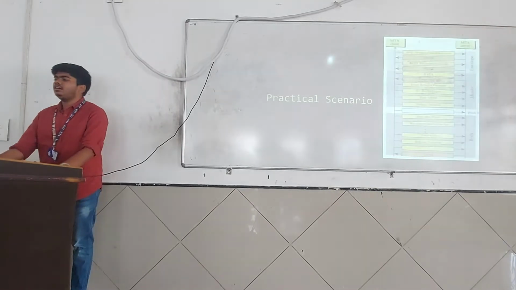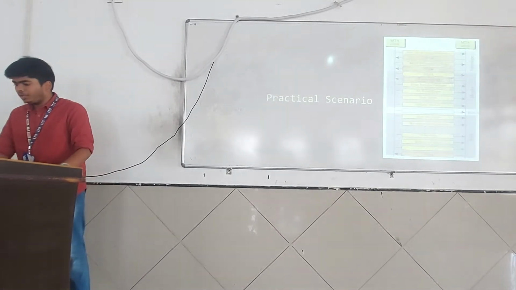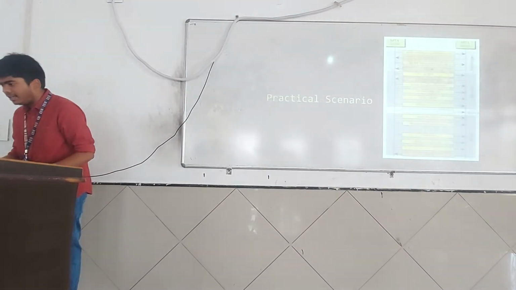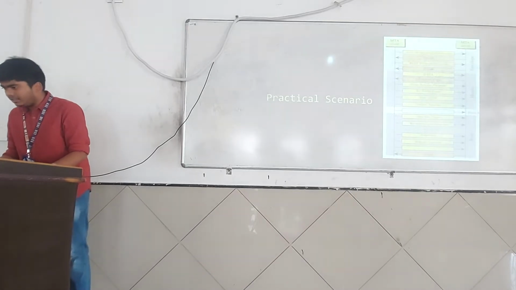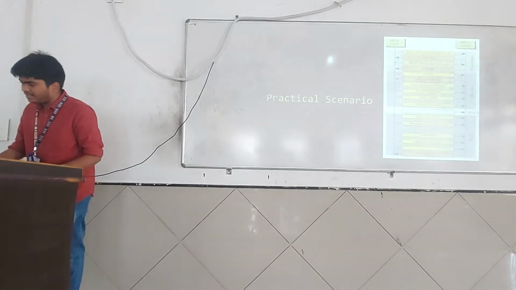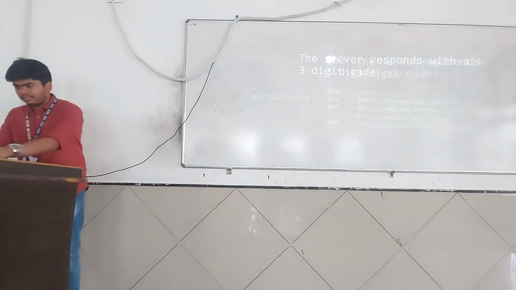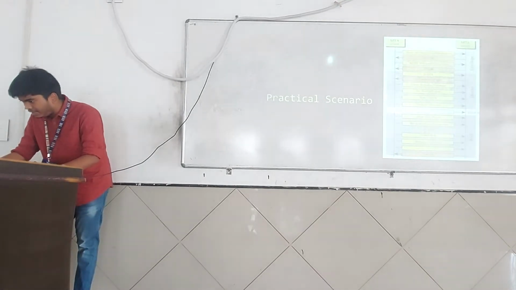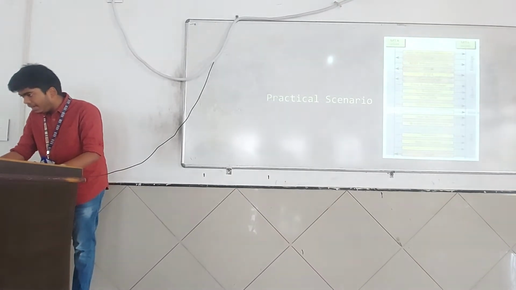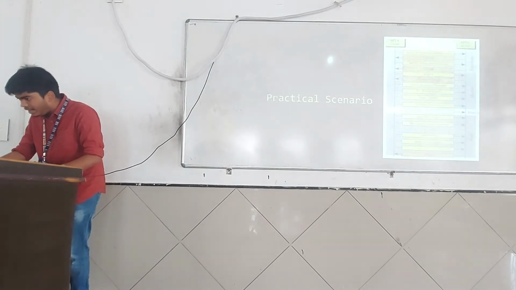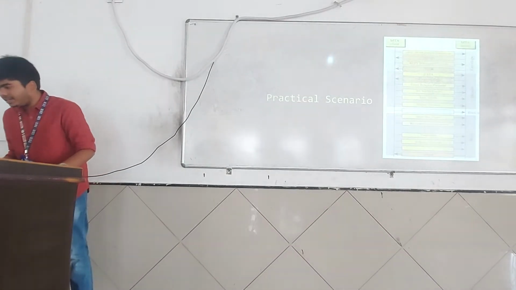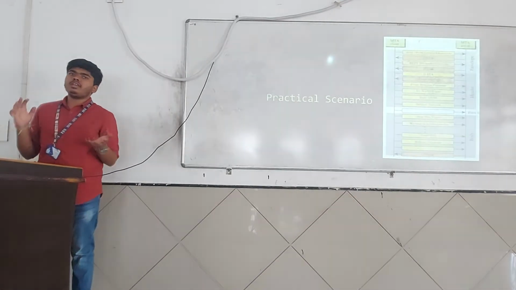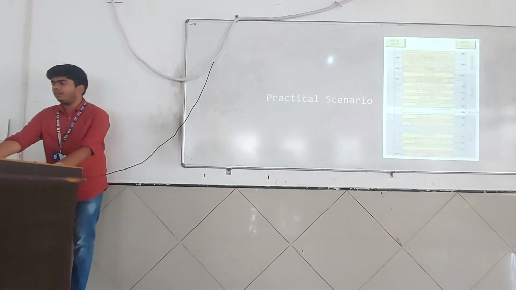Here from the client, it is showing 250. So 2xx is a success. From this until here the mail has been sent to the server, and then here the recipient mail has been sent, and for data it is 354. That is, the command can be accepted, but the message will reach later, when we see 250 here. So from here to here it is being accepted, but finally at this stage the data is transferred, and from the server the client receives an acknowledgement. So this is a practical scenario of the transfer of an email from client to server.